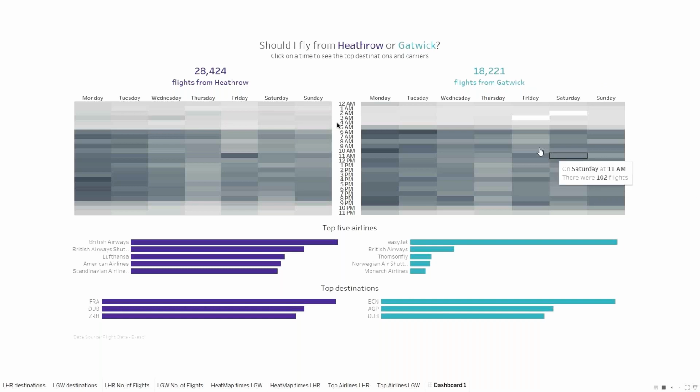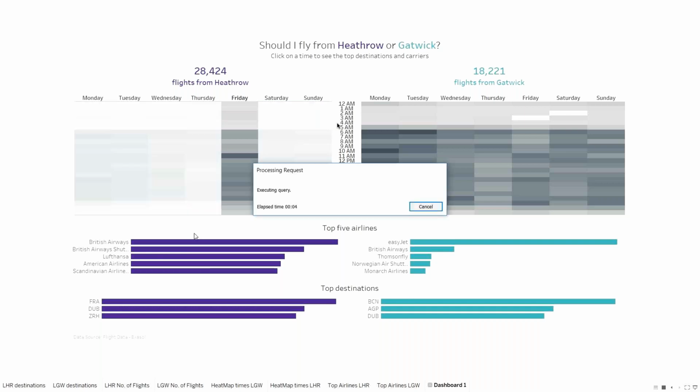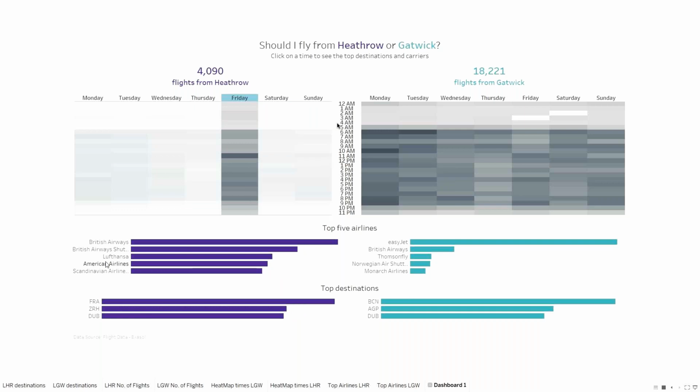And if you particularly want to fly on a Friday from Heathrow, you can see the top 5 airlines who you might be able to fly with, and the top 3 destinations. And you just have to Google the airport codes. Yeah, or you just know them. I imagine that's like France and Zurich. That's Frankfurt. Oh yeah, Frankfurt. Well, and Dublin,